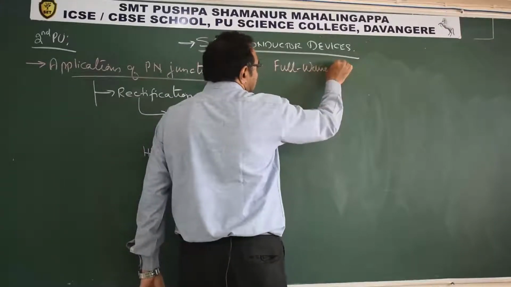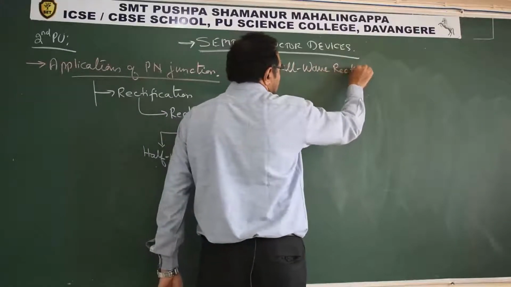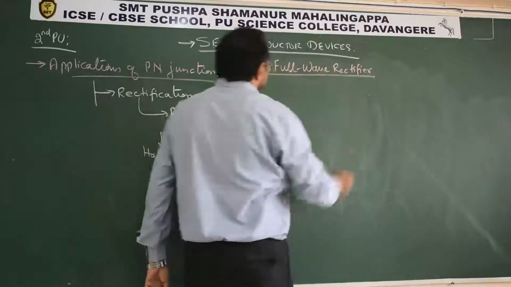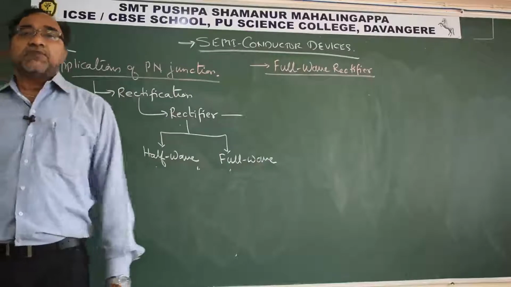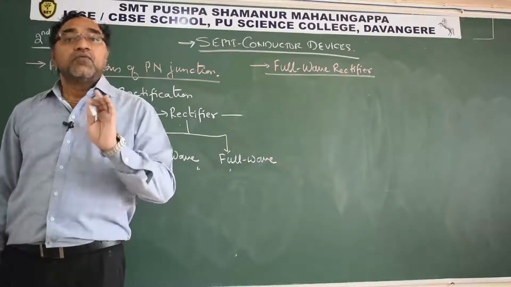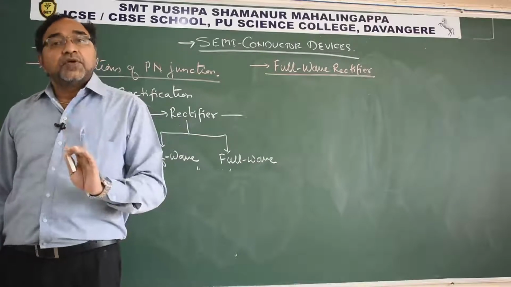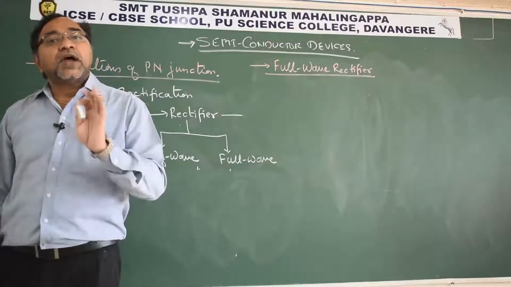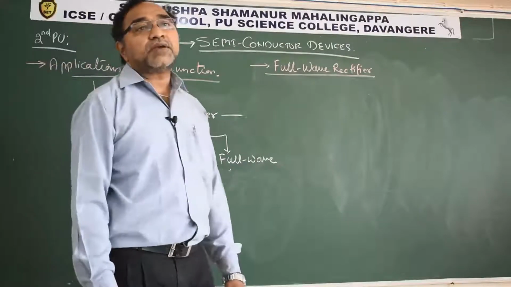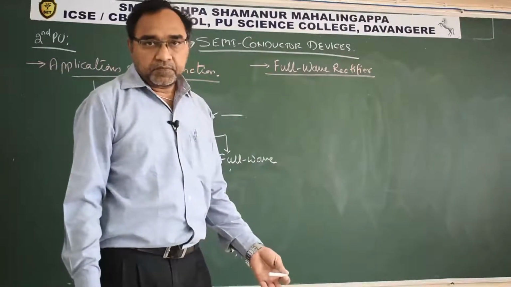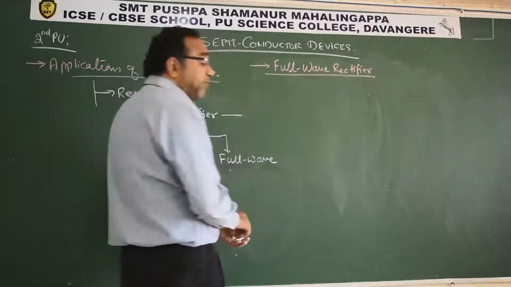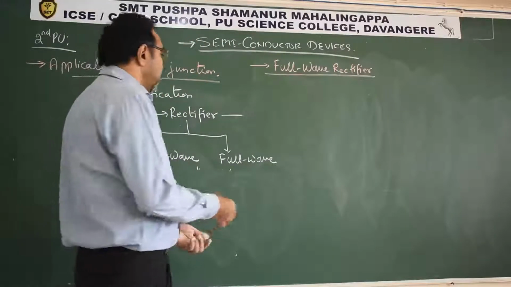So a full wave rectifier, for a full wave rectifier we need an arrangement in which one of the diodes has to be forward biased whether the positive lobe comes or the negative lobe comes. Correct? This is exactly the arrangement required. So let us try to develop that arrangement.